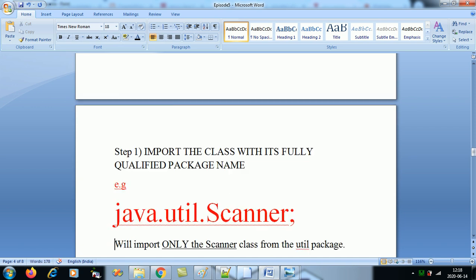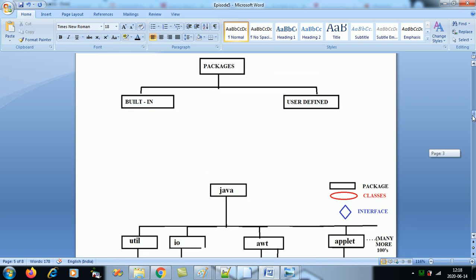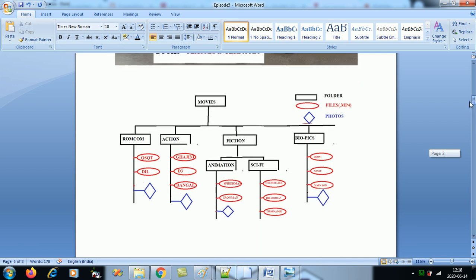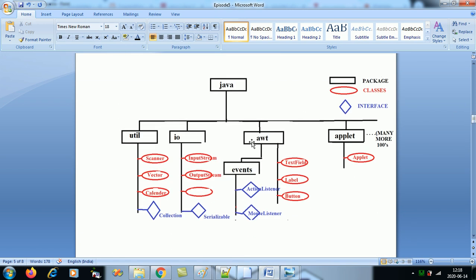So first is import the class with its fully qualified package name. If you wish to import the Scanner class, you have to give its fully qualified hierarchy: java, util and Scanner separated by a dot, by a period.